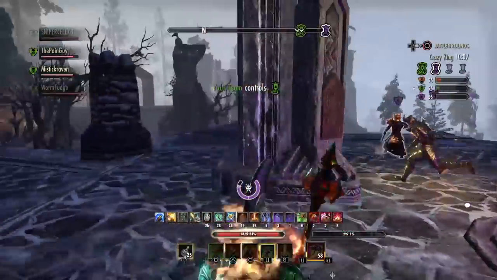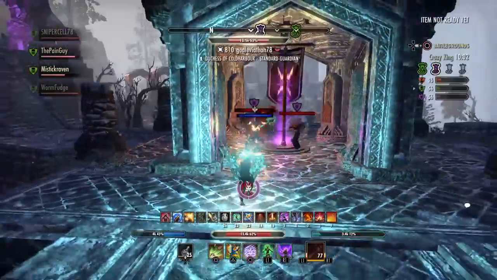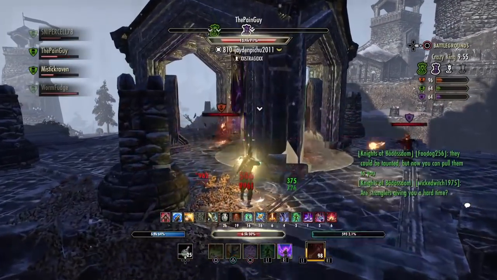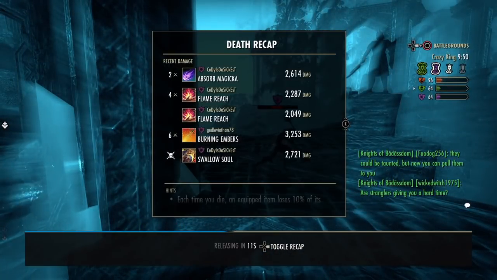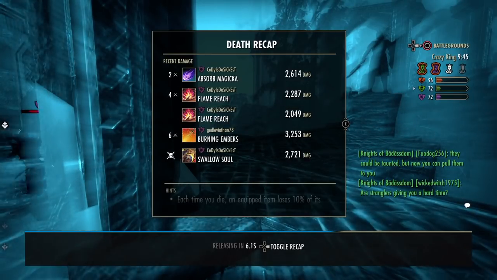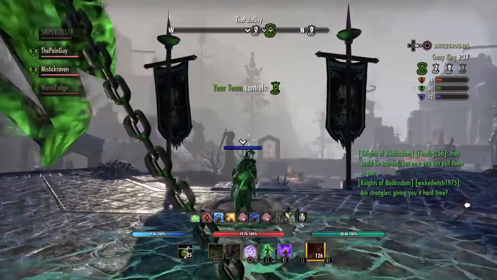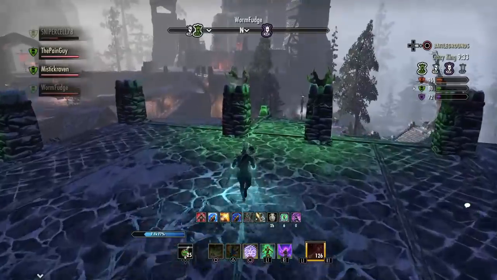No way, really? I feel like I'm dodging way too much. Good. Not a lot of damage, so I feel like it is taking them quite a bit to hit me, considering a flame reach is only hitting for like 2k. So the resistance is definitely there. It's noticeable. My main problem I feel is